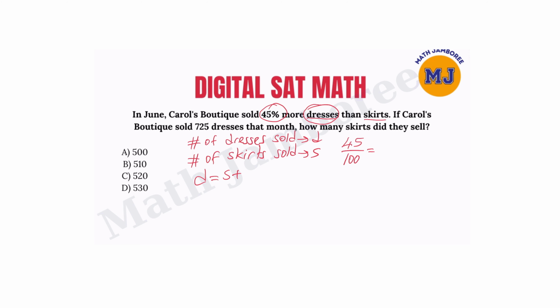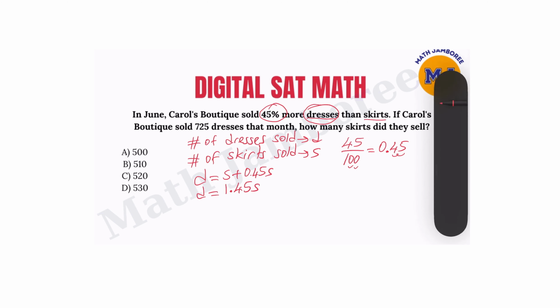If you rewrite this as a decimal, this becomes 0.45, right? Because if there are 2 zeros in the denominator, that tells you that you move your decimal place 2 steps from right to left. So 0.45S. When we add them, S plus 0.45S, that gives us